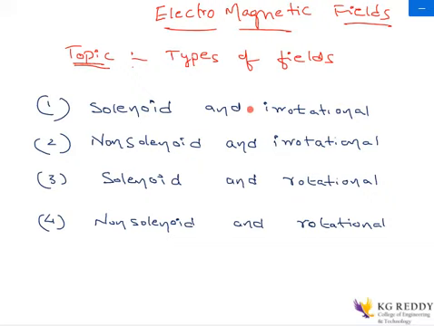So before going to the fields and the conditions, let us see how many different types of fields exist. One is a solenoid and the other one is a non-solenoid. In the solenoid, it can be irrotational or it can be rotational. Based upon these types of fields, we can observe whether the divergence is 0 or not, and also whether the curl will be 0 or non-zero. So let us move ahead one by one.